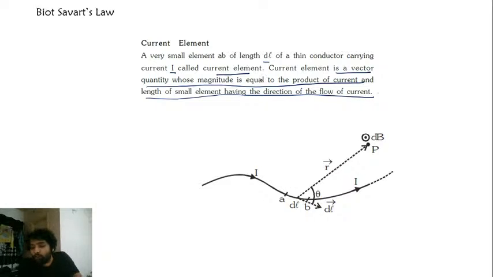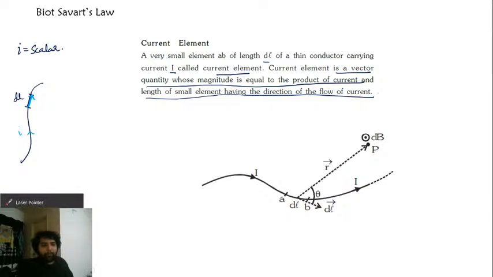So why I want you guys to understand this is, we know one thing, I is scalar, right? We know current is a scalar quantity. तो पर यहाँ पे डायरेक्शन कैसे लाते हैं? So the main concept here is this small dl element which is carrying current. मान लो ये पूरा एक लेंथ है, small element dl carrying current, this will have a specific direction. If you observe the direction of this, it is very clear, it's very straight. तो मतलब करंट अगर ऐसा है तो direction of dl will be in this particular direction.